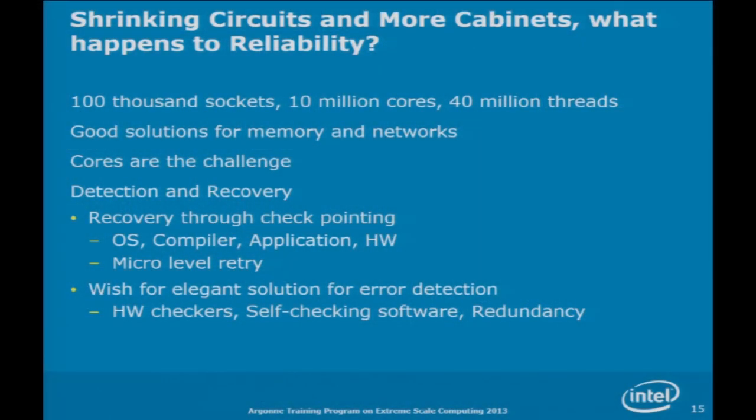I know at University of Illinois, I think Professor Torrellas does a lot of work on bulk processing, which is, I think, along the lines of memory ordering, and actually now I can't think of the word, but basically it makes parallel programs more predictable. But you could also use it for error recovery if we had it. That leaves detection as the hard part. You could have hardware checkers, you could have self-checking software, you could have redundancy in the hardware.